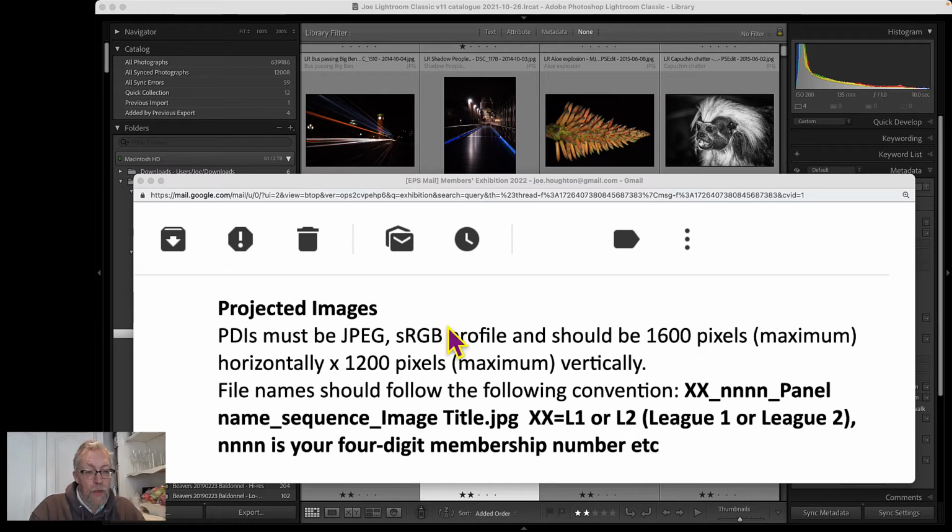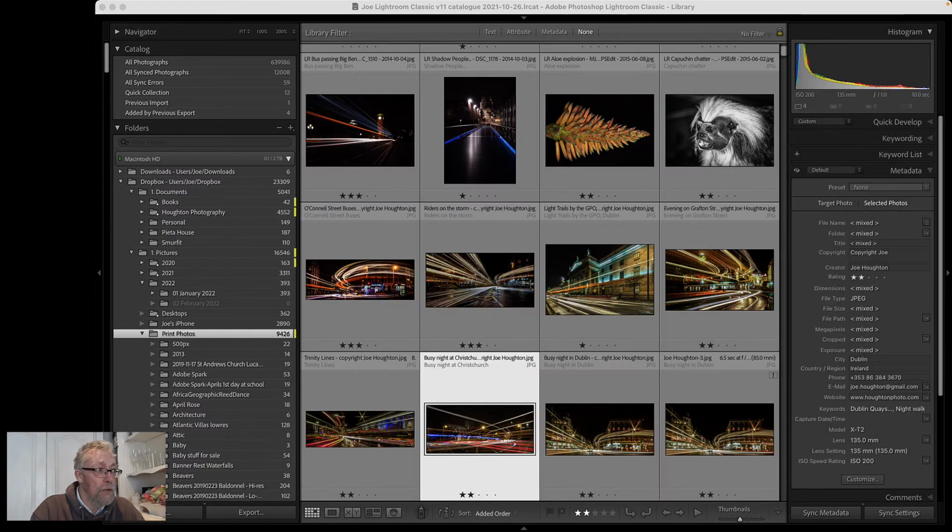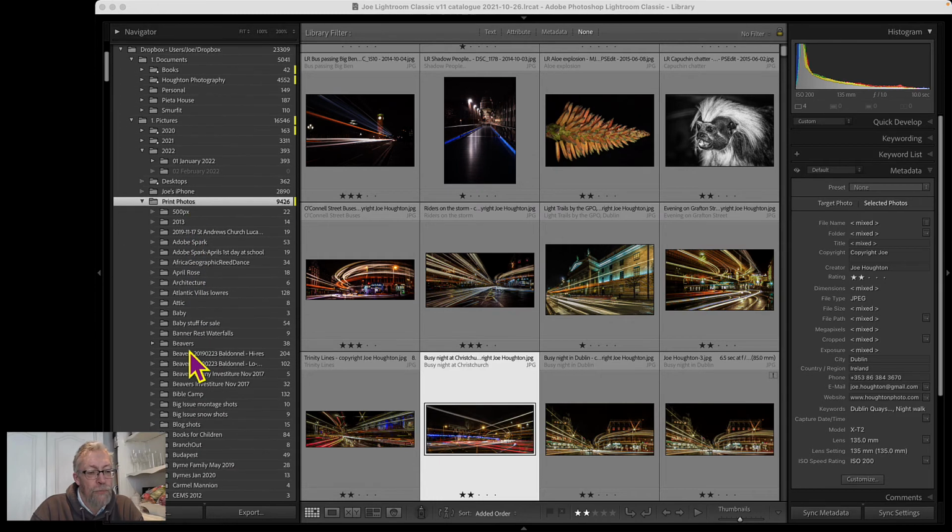So I'll just put the email away for now, and we can bring that back later on. So the first thing you would need to do in Lightroom is locate some images that you want to use. Now they may all be in a particular folder, but let's say they're not. Let's say you've got potential images scattered all over the place. So I have a folder here called Print Photos, and you can see there's lots of subfolders in that